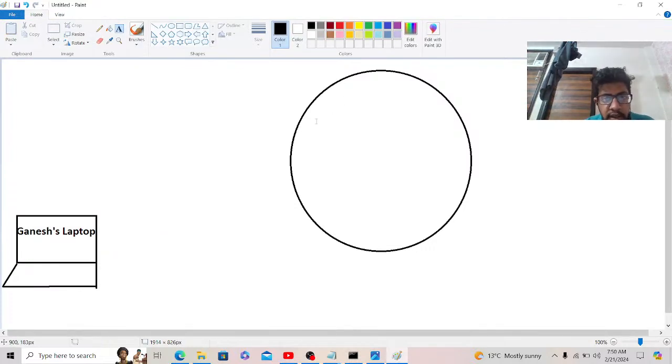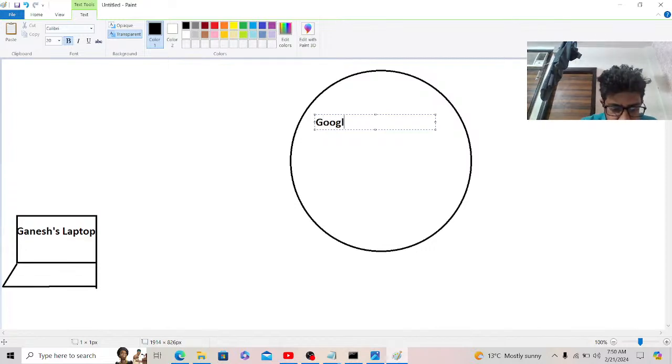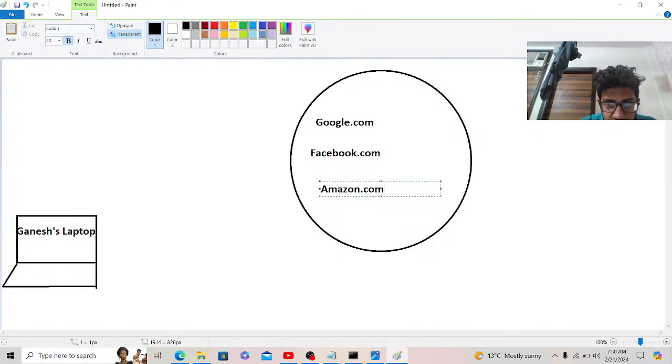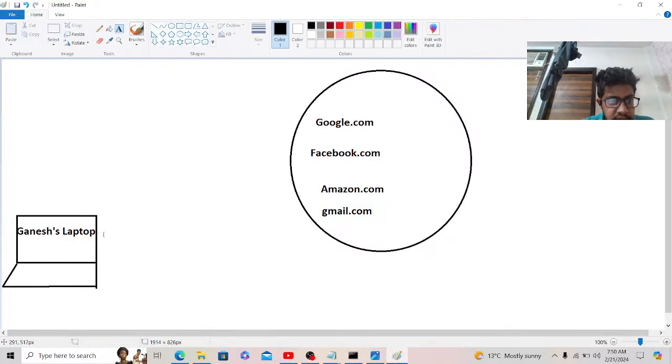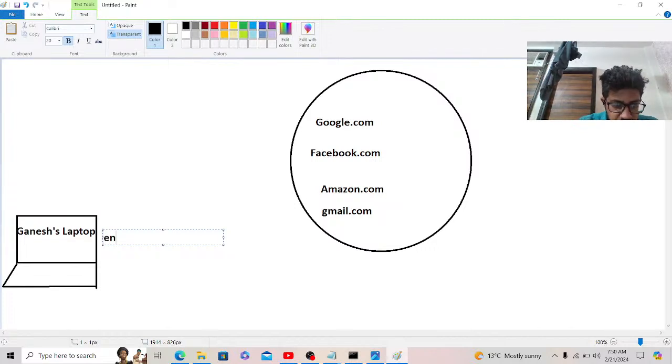Okay, here google.com. Here facebook.com. Here amazon.com and gmail.com. After this, I enter gmail.com in the browser. Okay,